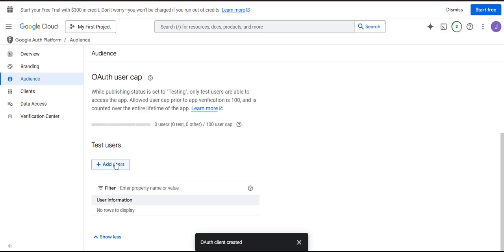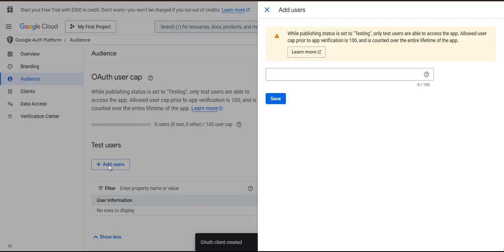So come to audience and test user, and then click add test user, and you're just going to type in your email, rather, that you're using for this particular account. And then once you put that in and press save, it should take